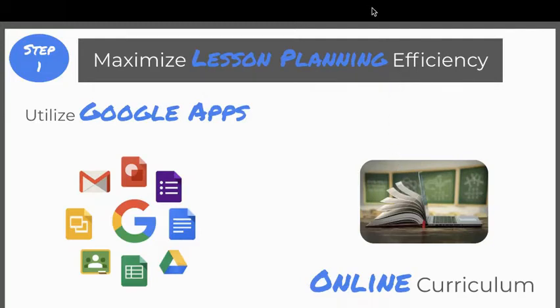The first recommendation for working with students this year is to really consider how you can leverage the power of Google Apps for Education and any online curriculum that aligns with your course content. Google Apps for Education has a variety of tools that include Google Documents, Google Forms, Google Drawings, Slides, Sites, Excel